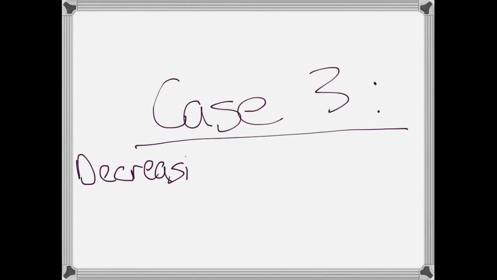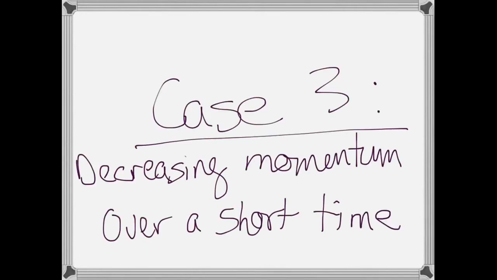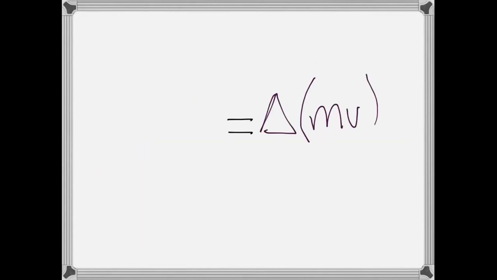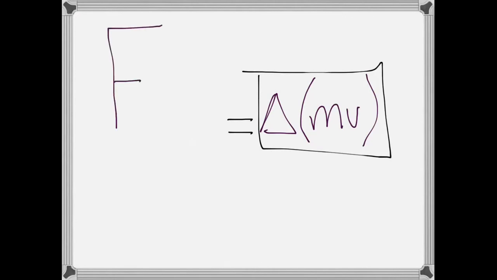Would there ever be a time in which you'd want the greatest force possible for a given change in momentum and a given impulse? That'll be the last case we talk about, case 3, when you're decreasing momentum over a very short time interval. In this case, again, the change in momentum is fixed, but this time, instead of minimizing the force, we want to maximize it. We want to make it as big as possible. How do you do that? Minimize the time of the interaction. Now, again, the question is, why?